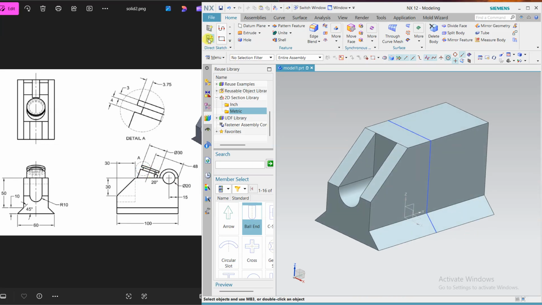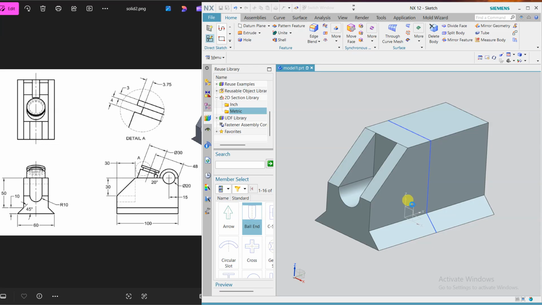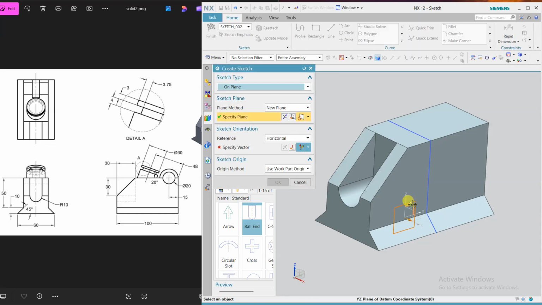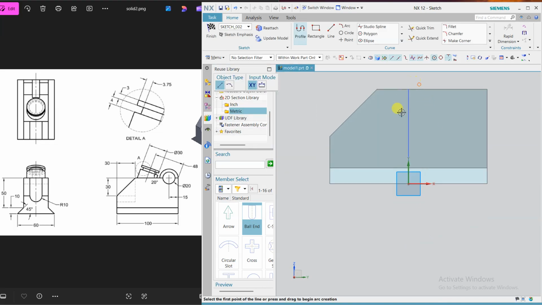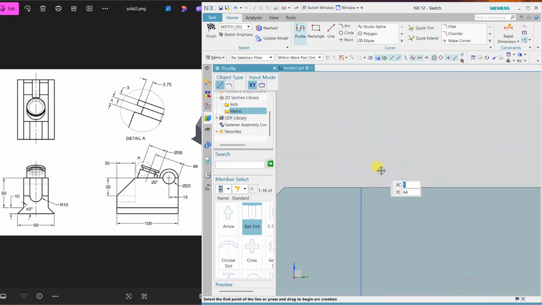For this portion, I am using the middle plane so that I can create a revolve object, right? So come here, and as it is looking here, I am just drawing the same sketch. So I'm going to use the revolve command. So I'm just using half of this shape.